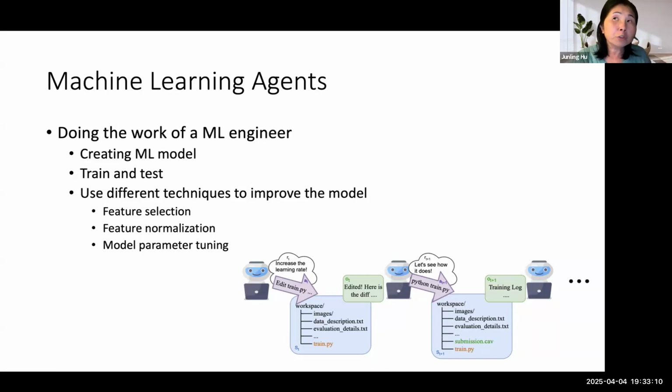But even for deep neural network optimization and fine-tuning, you can write an agent that does this: take the data, do a training, then update the parameters of the neural network, do fine-tuning, do test, and then iterate again and again. So this whole thing can be automated, and that's an agent. We can call that a machine learning agent.